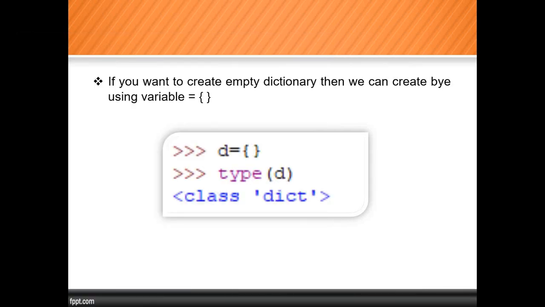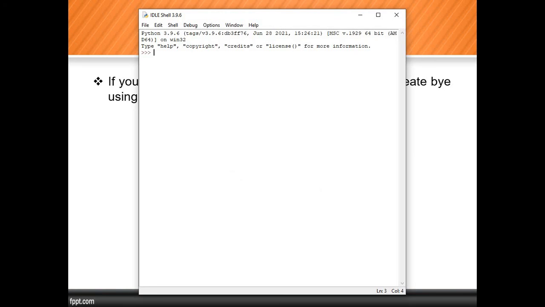We all know that in the set we use curly braces open and close. In a set we use curly braces, in a frozen set we use curly braces, and similarly in a dict we also use curly braces. So that means curly braces open and close. When we store that information, will it be a set or a dictionary? What type of data is it? This is also an interview question, so that's why I am saying that.